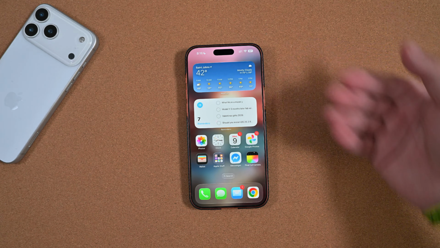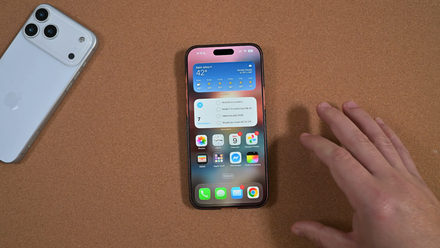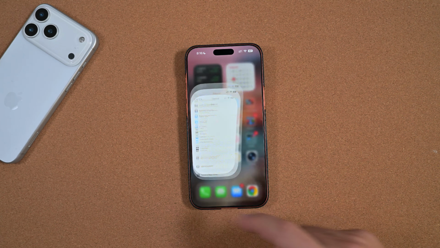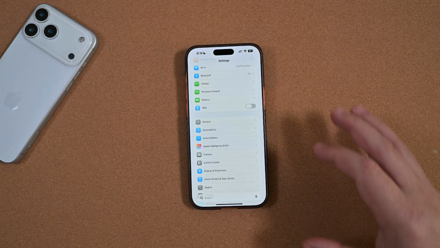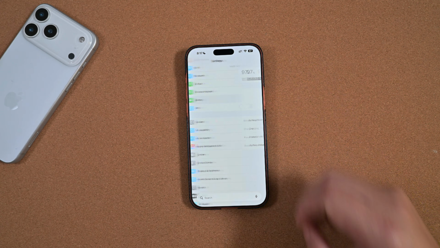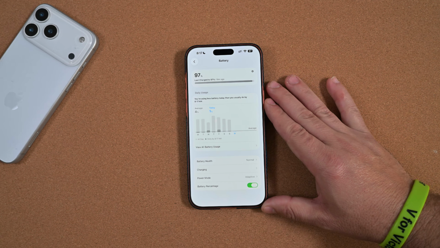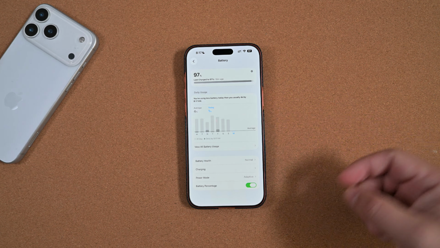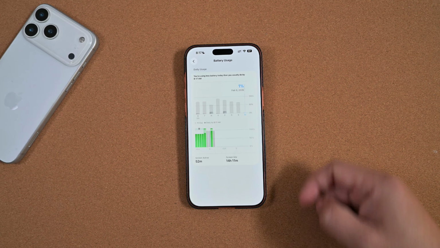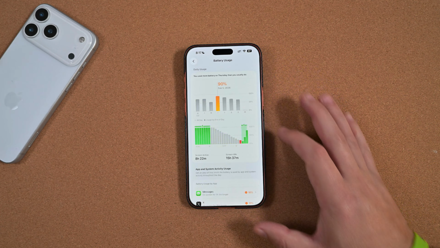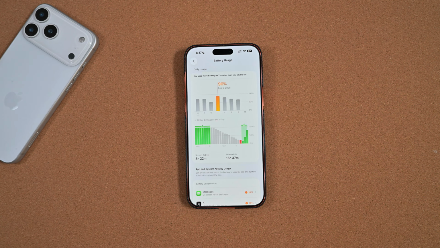It might still get terrible battery life, but it's something I wanted to make you guys aware of, that hopefully, if you at least have a newer device, it is working a little better than what it did before. Now, I also want to show you one other thing for battery usage as far as how the battery's really been holding up. Last Thursday was the first day I really tried to just destroy the battery life, and